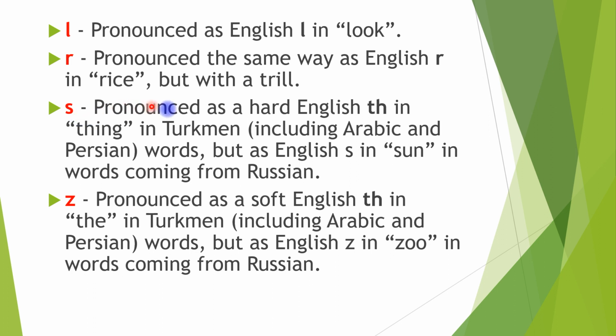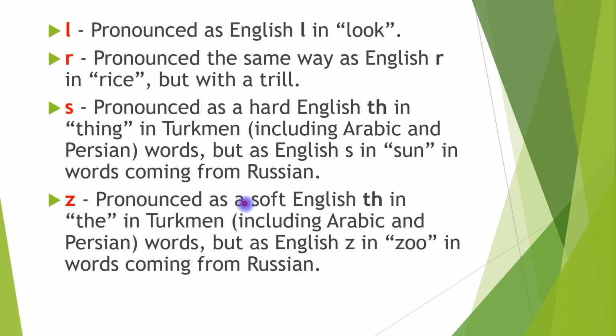So th is pronounced as a hard English th in thing. So thing. For the English speakers, it will not be difficult because they have the same sound. Thing. Th. In Turkmen, including Arabic and Persian, we have many words from the Arabic language, and we have many words from Farsi, but with those words we can say th. But we also have another variant, se, and those words usually came from the Russian language, like se in sun. Okay, the next one is